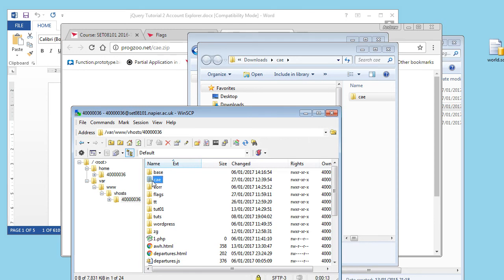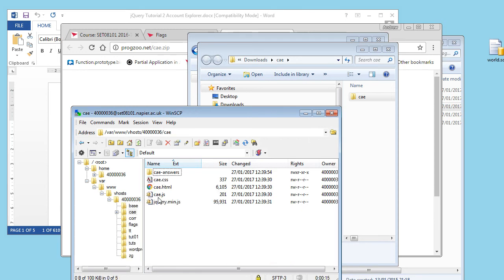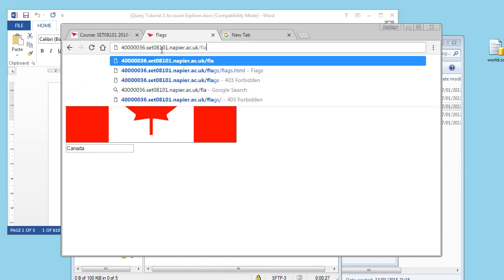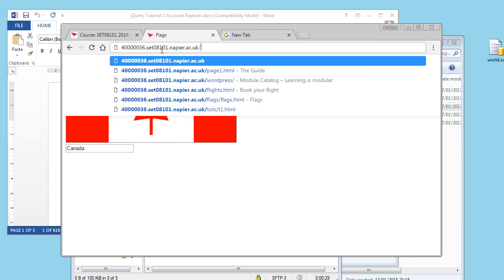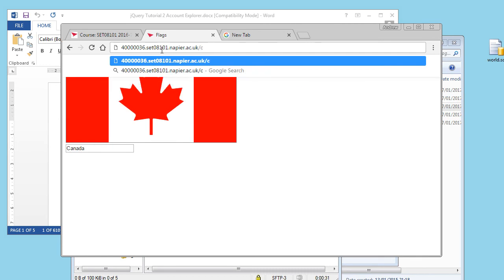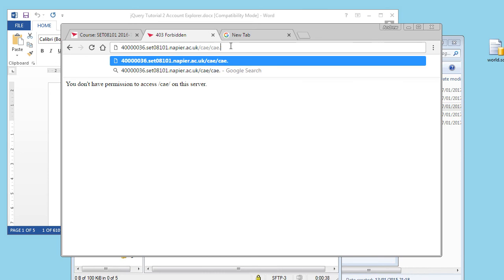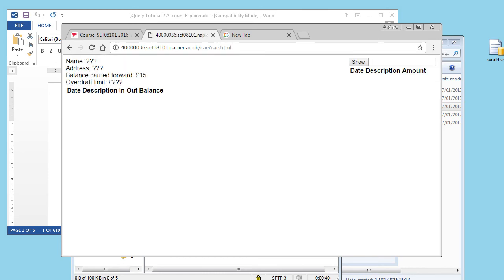Let's not look at them just yet. I've got three files. I've got CSS, HTML, and JavaScript. And it should be possible to look at those in the browser. I was doing flags previously, so I'm looking for the address, my number.set08101, and then CAE. That gives me forbidden because the file is actually called cae.html. Okay, and we can see this is eventually going to show my bank account details,